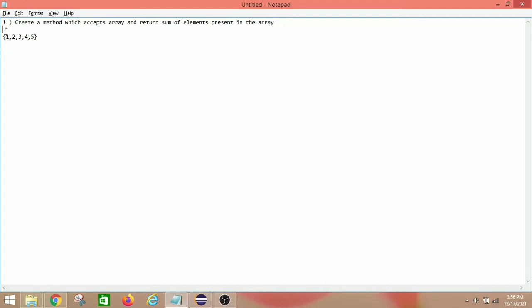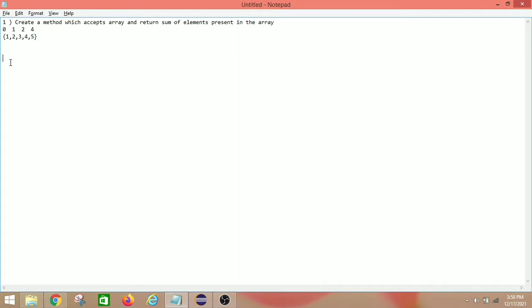So what will be the starting index of the array? I hope you are all familiar with the array concept. Each element in the array is referenced by an index. In the 0th position, or 0th index, the element is 1. In the first position, the element is 2. In the second position, the element is 3. And so on. Here we have 5 elements, so total 4 indexes. In the 4th index, the 5th element is placed. So the array index starts from 0.